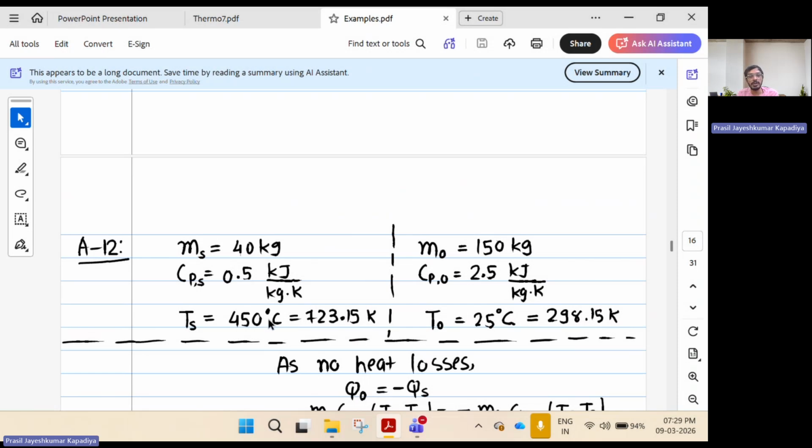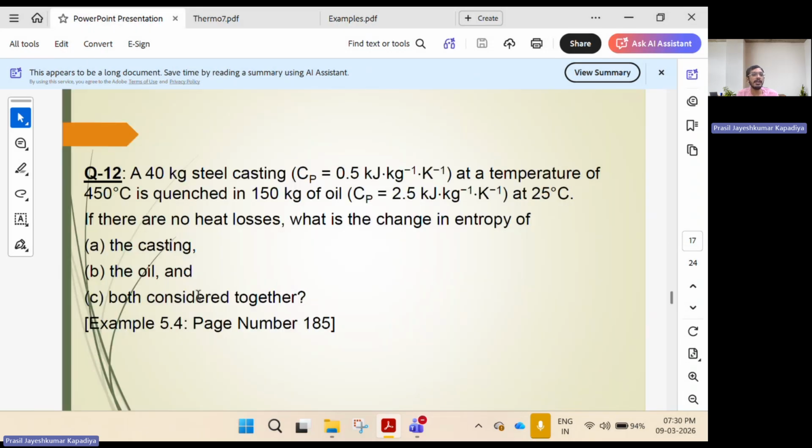That is nothing but 450 plus 273.15, that turns out to be 723.15 Kelvin, and the temperature of oil is 25 degrees Celsius, that is 298.15 Kelvin. Now from the problem statement we are told that there are no additional heat losses. So what is going to happen, the steel casting is at 450 degrees Celsius. So whatever amount of heat that steel casting is going to lose, that amount of heat will be gained by